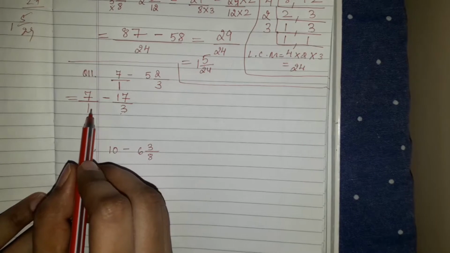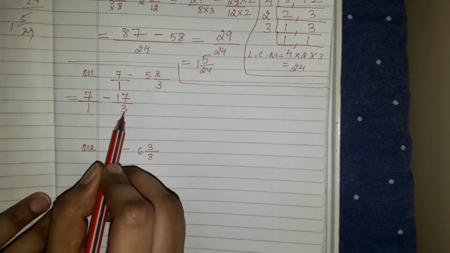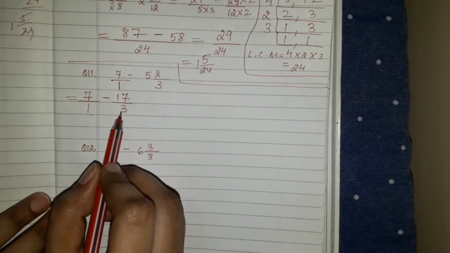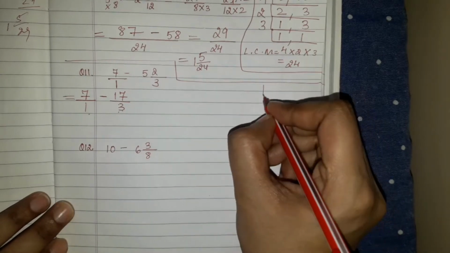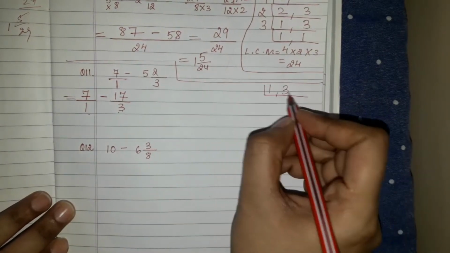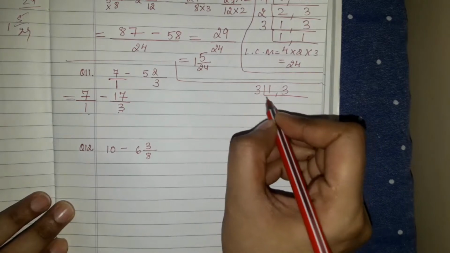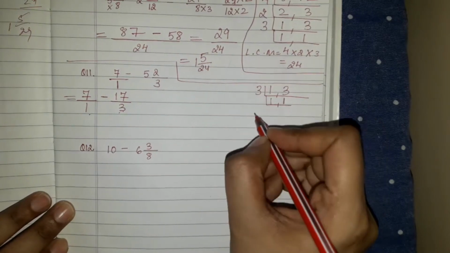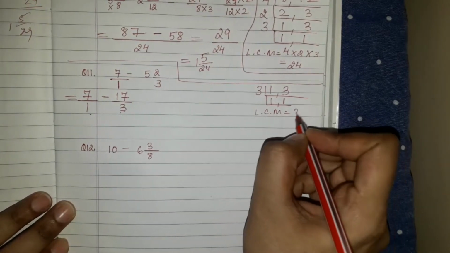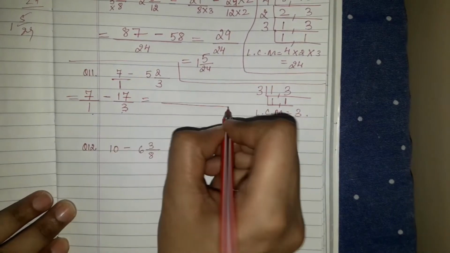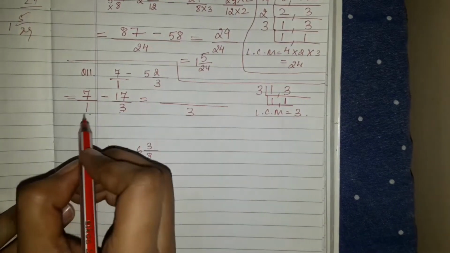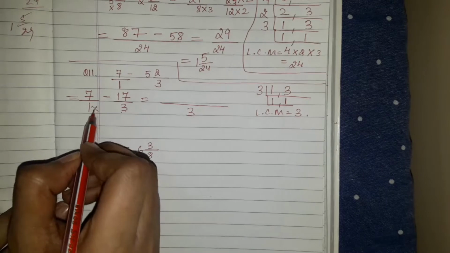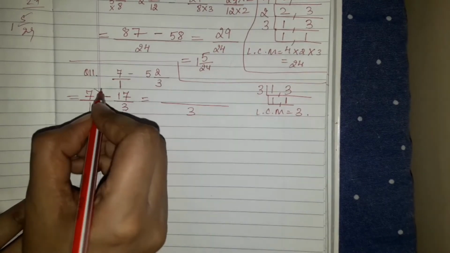When one of the digits is 1 and the other is any other number, then the LCM is that other number. Even if I show you here, we just have to divide by 3. 3 will go how many times? 1 time. So the LCM is 3 only. So I'll write here 3. Now let's see how many times it will go in this. It goes 3 times. So 3.